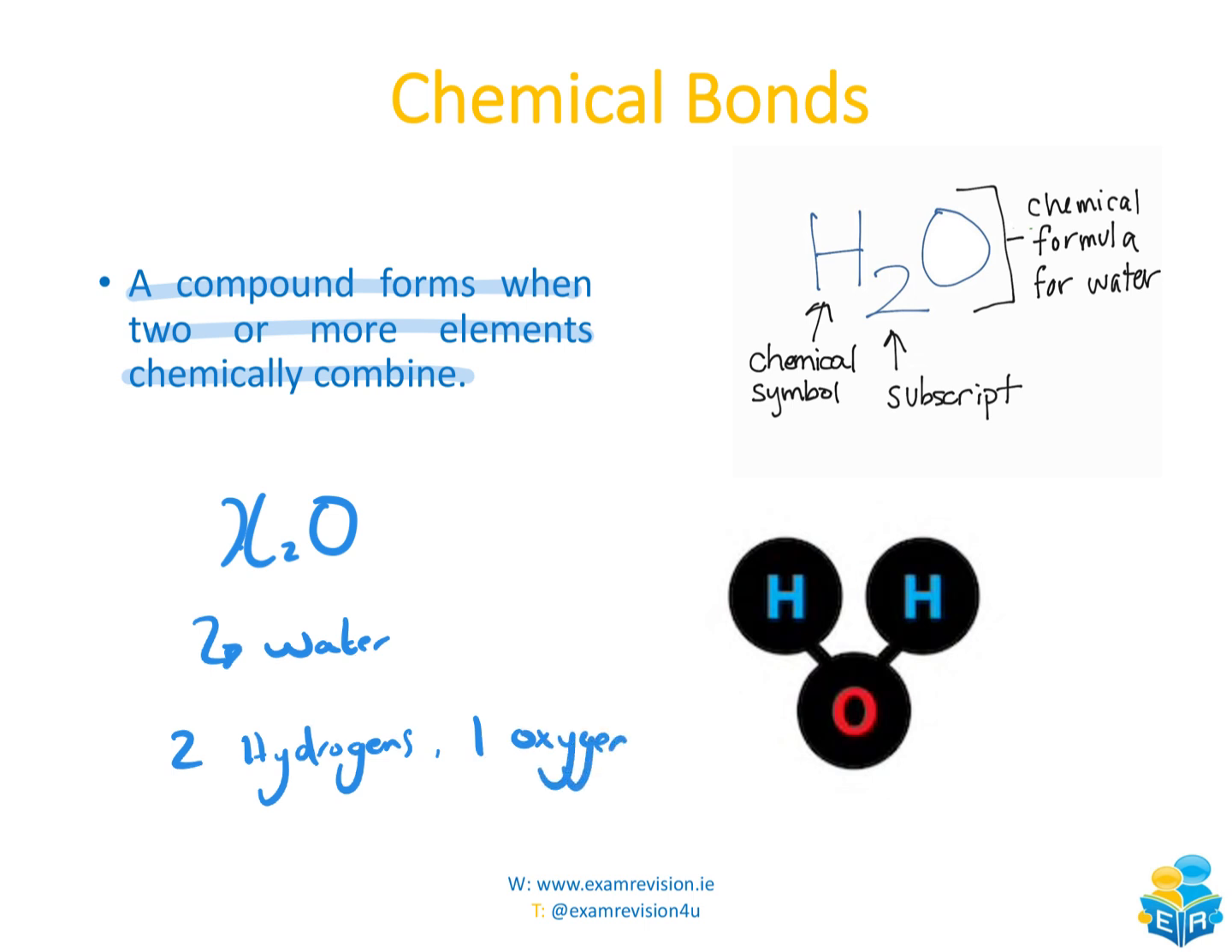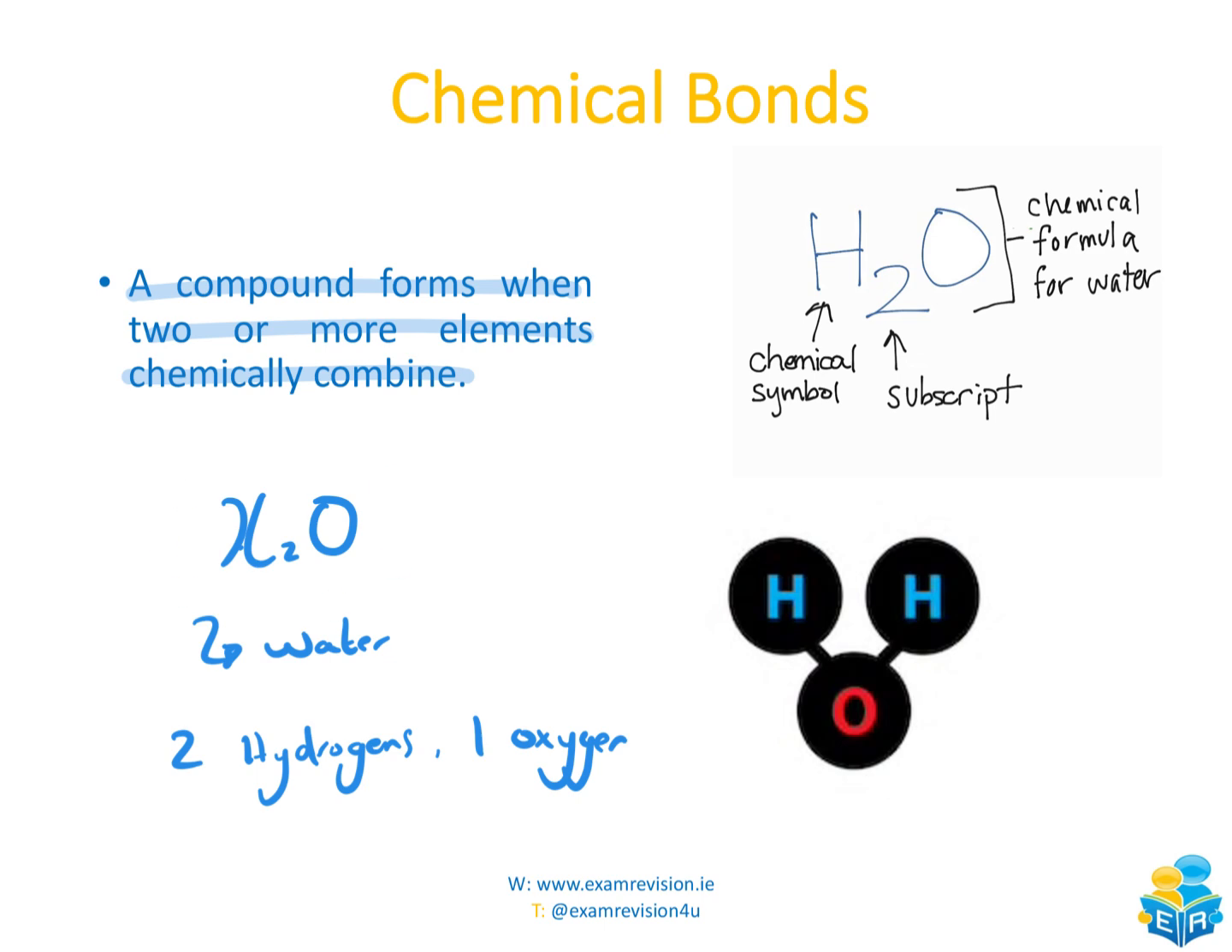Now, how does this actually come around? Well, that's what we're going to be looking at in the next couple of minutes, using the periodic table to predict, if you were given 2 random elements, if they were to combine, how many of each would you need in order for them to be able to chemically combine, and what would the chemical formula end up being,